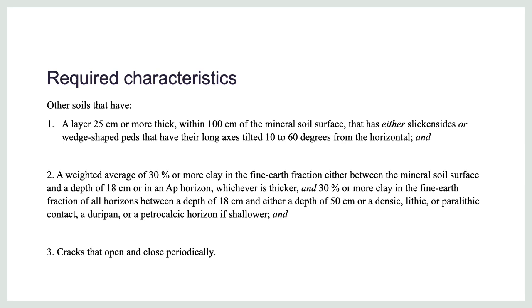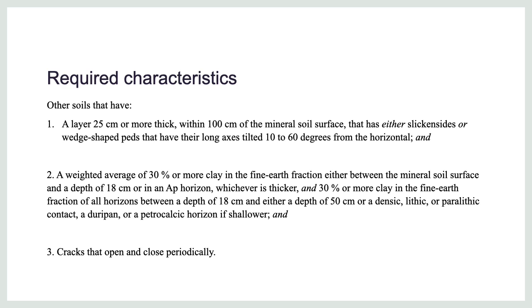The required characteristics to call a soil a vertisol is, first of all, that specific soil cannot fit one of the criteria for the others. So it's not a gelisol, it's not a histosol, it's not a spodosol, it's not an andisol, it's not an oxisol, and it should register a layer with 25 centimeters or more of thickness in the first 100 centimeters below the soil surface, that has either slickensides, those shiny faces that I showed, or wedge-shaped peds, these V-shaped peds that I already showed,